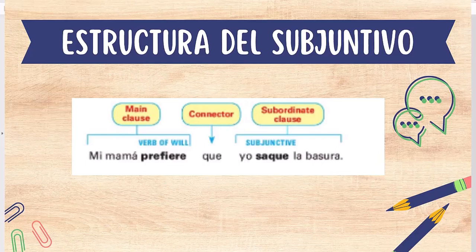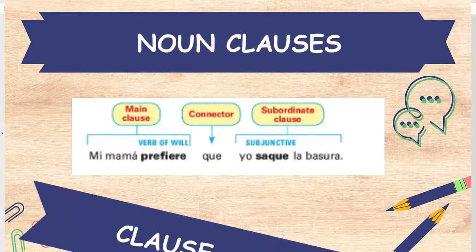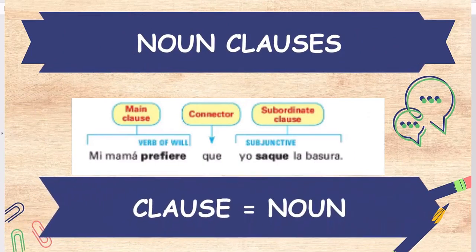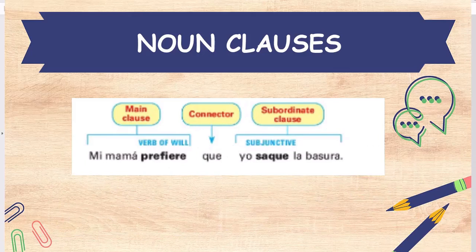So for now, we're dealing with what we call noun sentences or noun clauses, which require their own type of rules as far as the subjunctive goes. I know that some of you probably are not too interested in the grammar and in having to know what's a noun clause, but trust me, it will help us identify these sentences. So this type of sentences that we're dealing with today, whether you want to call them noun sentences or not,